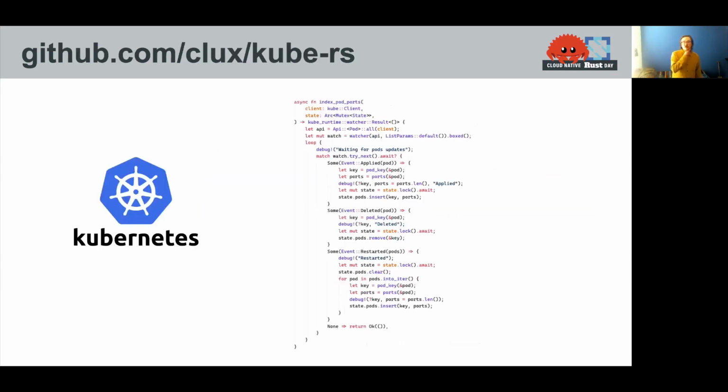Finally, I want to call out another library which is newer in this ecosystem called kubeRS. And kubeRS is basically client-go for Rust. What it gives us is Kubernetes API bindings and primitives that use the Tokio primitives that can be merged easily with Tonic gRPC services or Tower services. Here is an example from a prototype I'm building, which watches all pods in a cluster and indexes which ports are available on those pods.